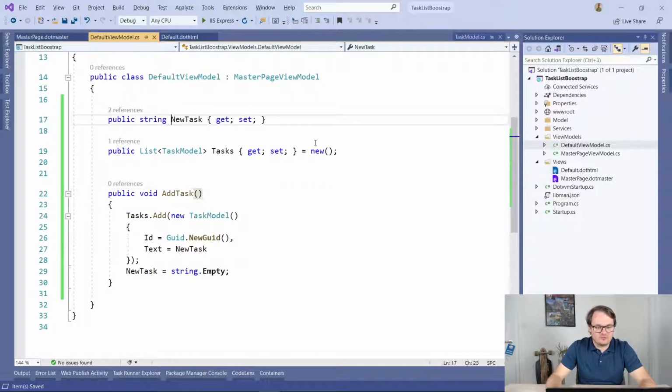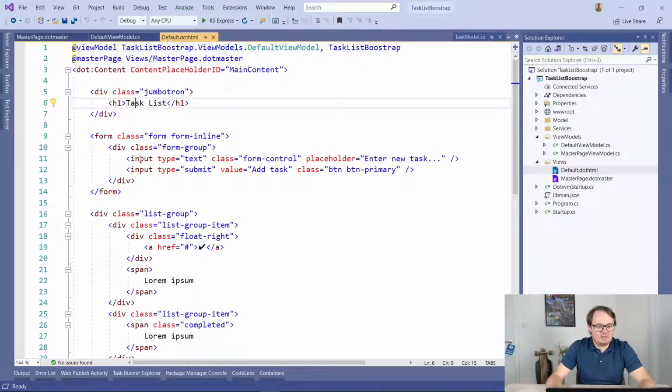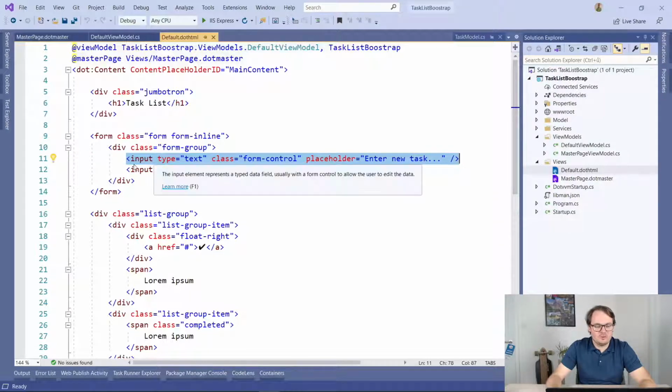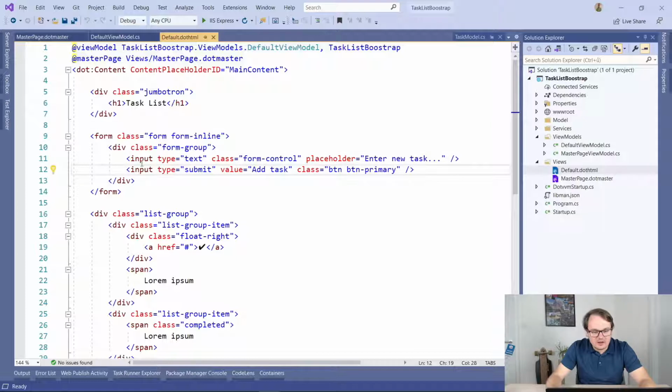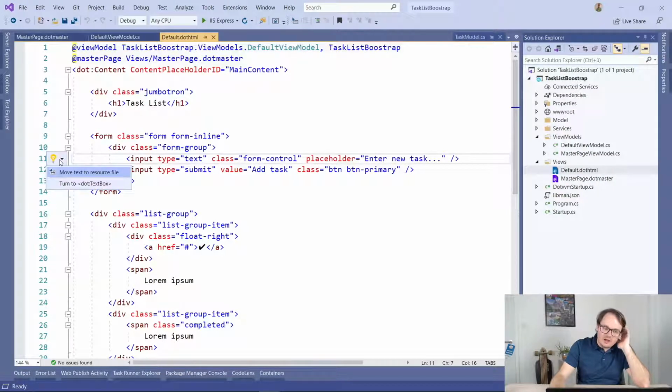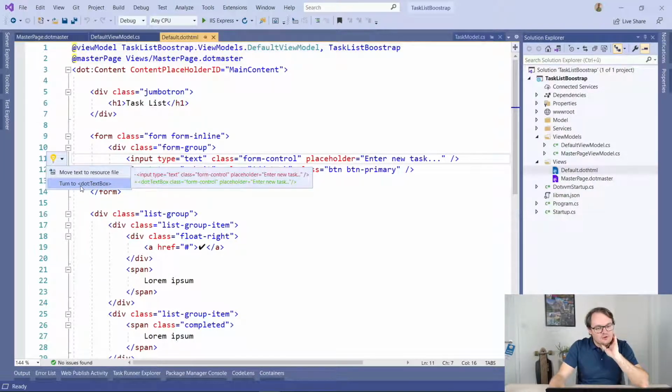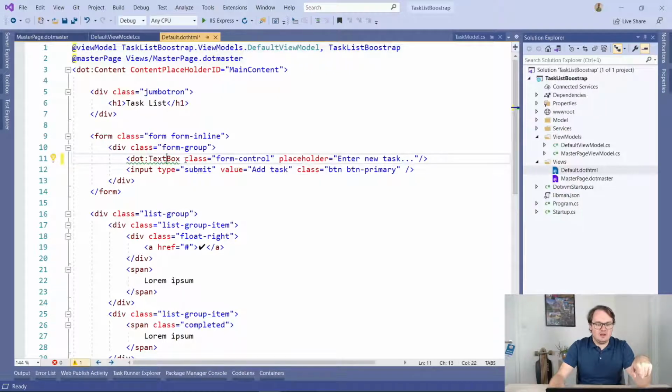So this is a start of my view model, and I have this short form here. It's an inline form in Bootstrap, and I have a text box and a button here. But in order to use data binding, I need to convert this to real .vvm components. So we have a text box component in .vvm, and if you open up this yellow bulb, there is an option that allows you to convert pure HTML elements to .vvm components. So I can turn this to text box. You can see it changed